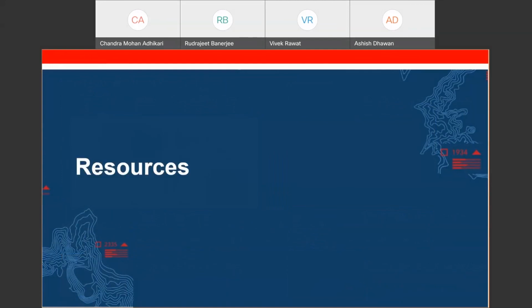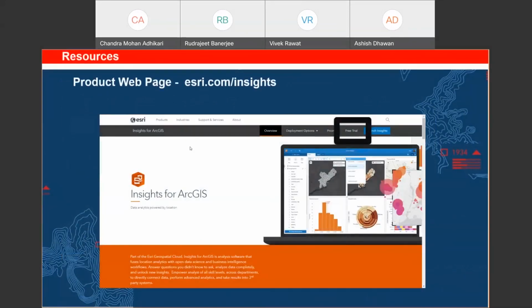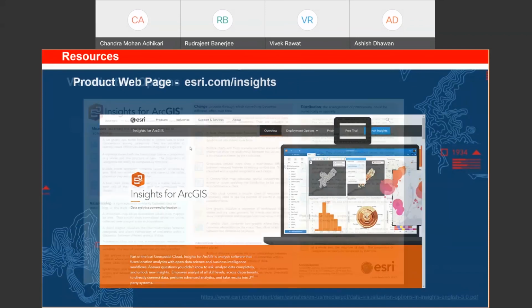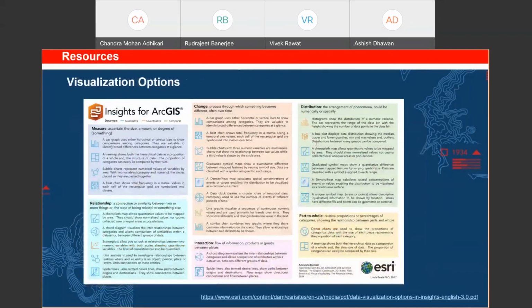Resources. So I will refer you to the product webpage. The team has done a great job to make you informed about the product. There are certain white papers you will find. There are several use cases which will help you understand this product better. There is a chart for choosing the visualization tools within Insights for ArcGIS, so you can refer to it.